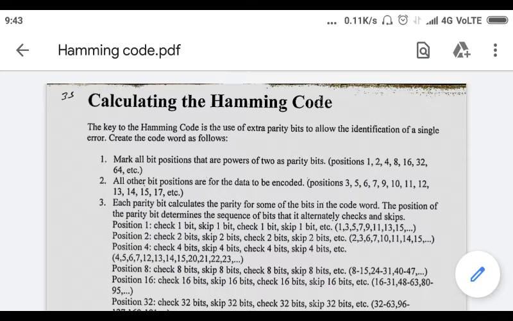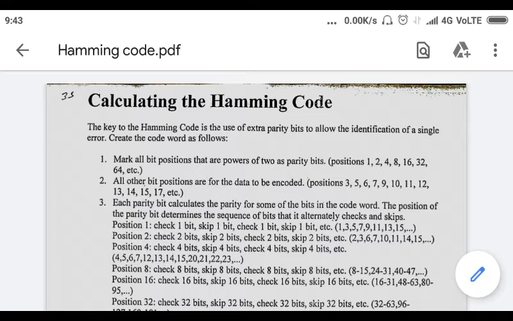So people have already studied a number of error detection algorithms, that is the two-dimensional parity bit, the Internet checksum algorithm, and CRC. These are the different algorithms which people use for error detection. There are also other algorithms where you can detect errors as well as correct those particular errors. One of these algorithms used for error detection and correction is the Hamming code.